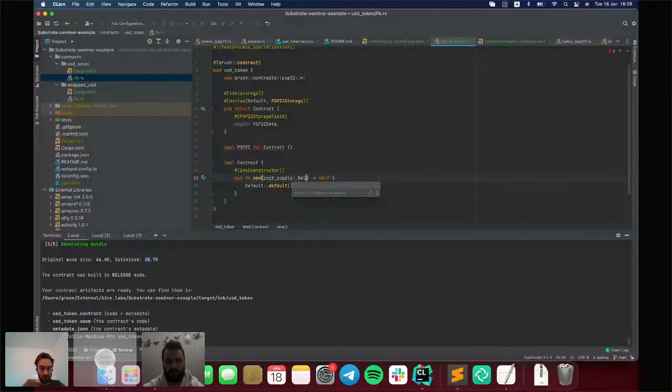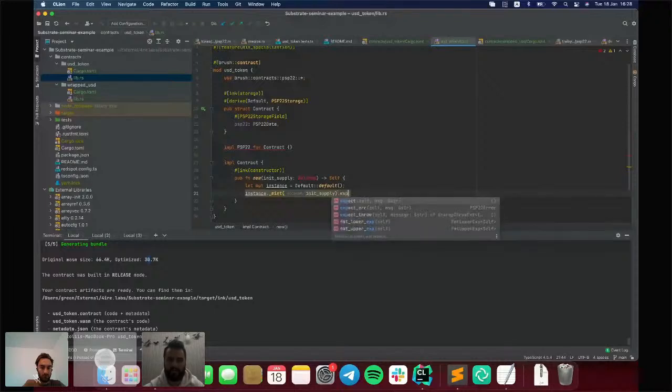Balance. So let me. Our constructor will mint the initial supply.